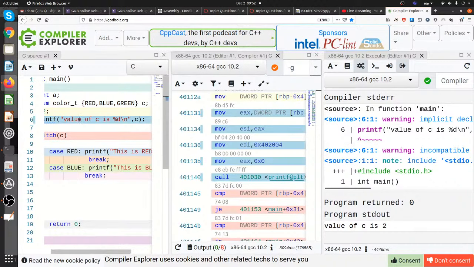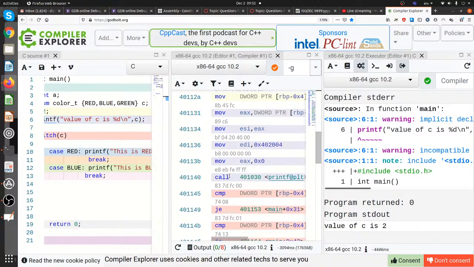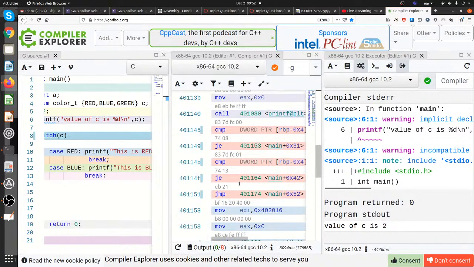So it is this printf on line 6. It did a bunch of things, and after that print, if you try taking a look at